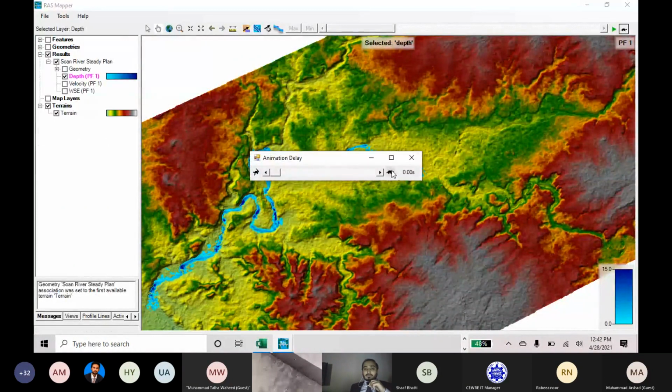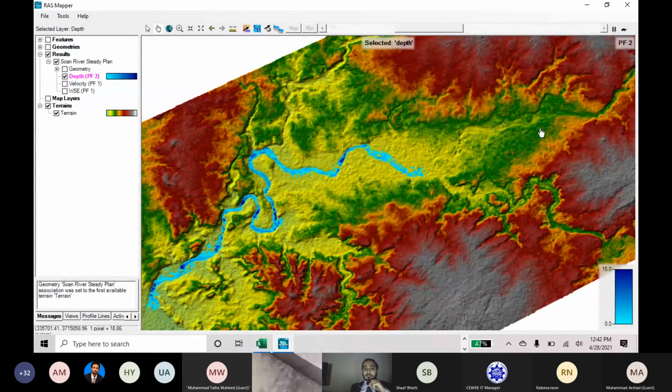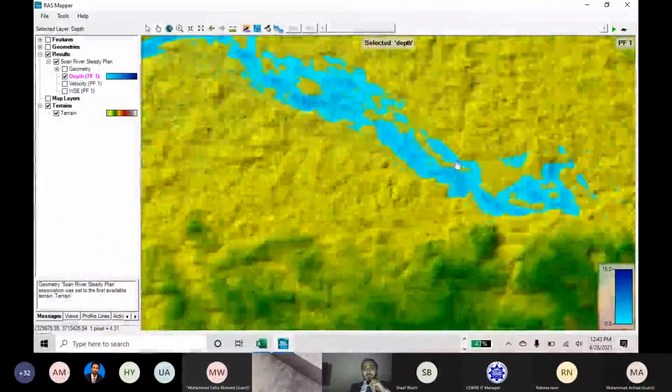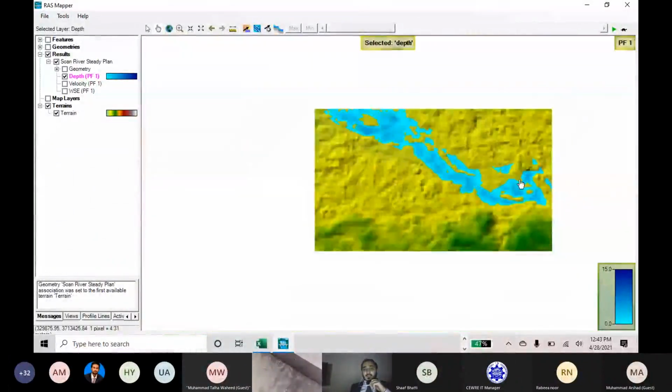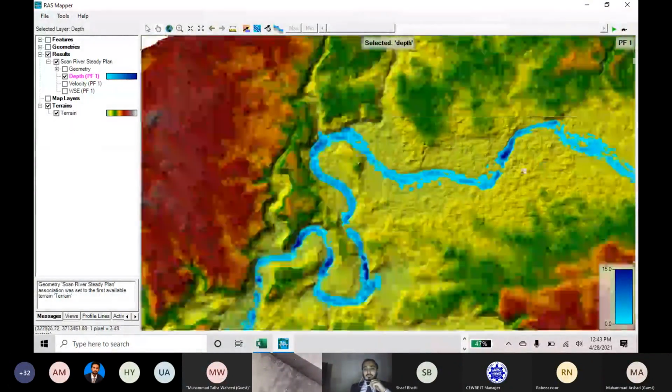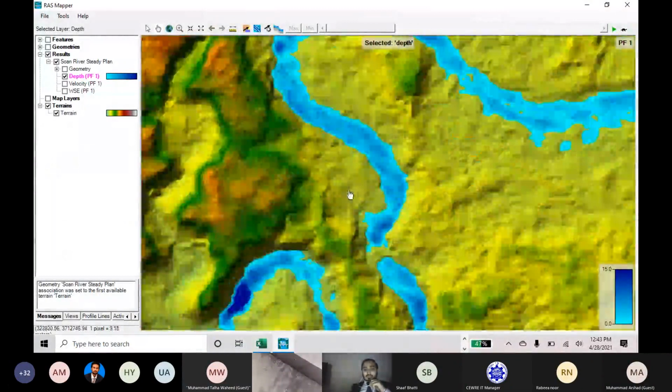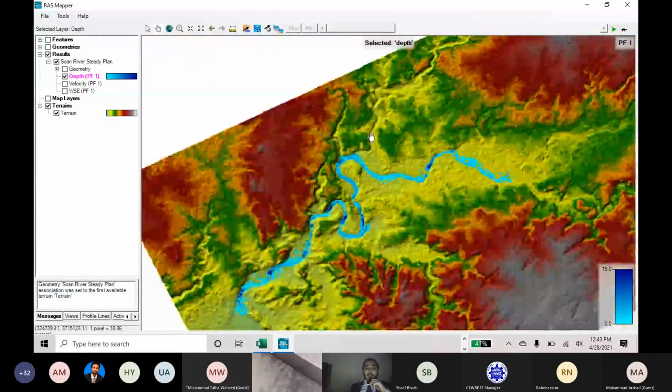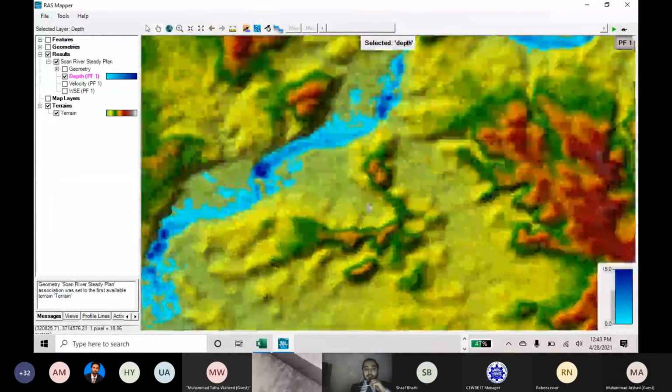You can see the difference between when our terrain is not modified and modified. Here the result we have shown is without modification. You can see that here is more breakage and inconsistencies, but it will be more prominent in unsteady flow simulation. Now we will perform the unsteady flow simulation.